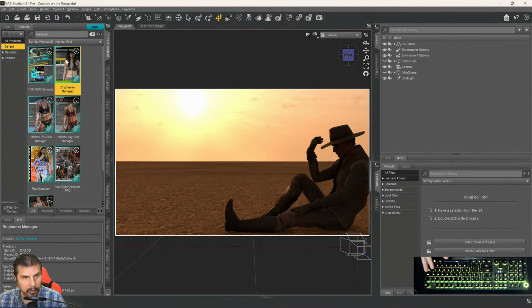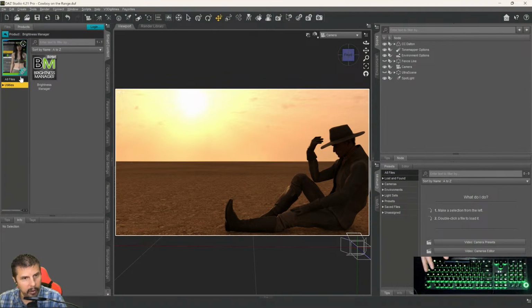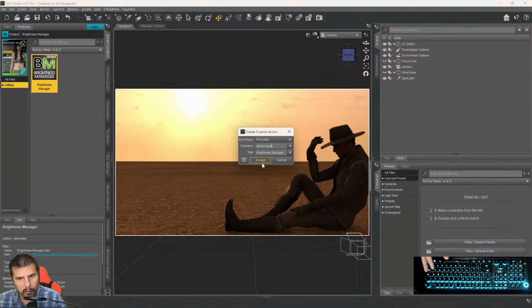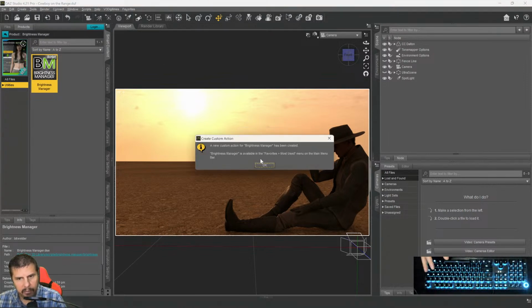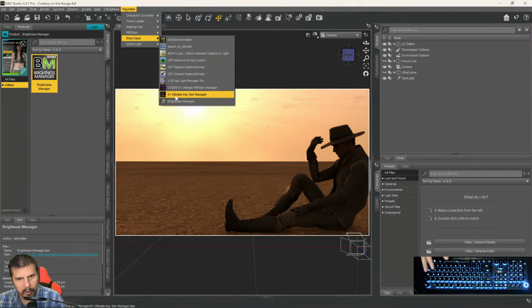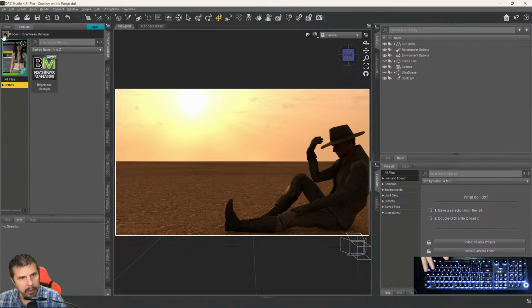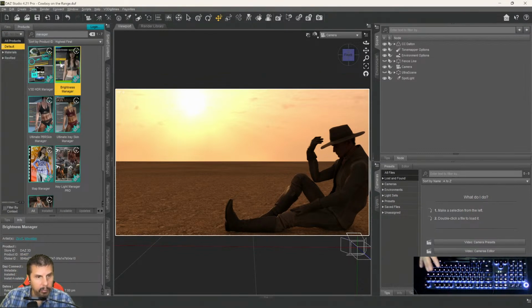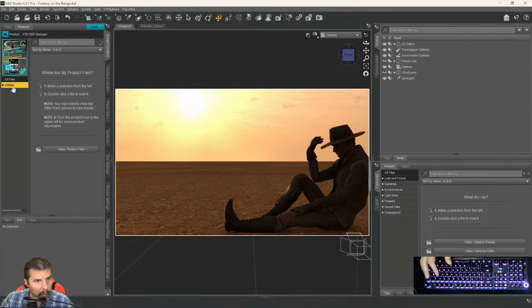And this brightness manager, I use that a ton too. So why go and look for them when I can just have them right up here and boom, most used, brightness manager. See, these are very important to me. Okay, I am happy. Makes me very happy. HDR Manager. This right here also,